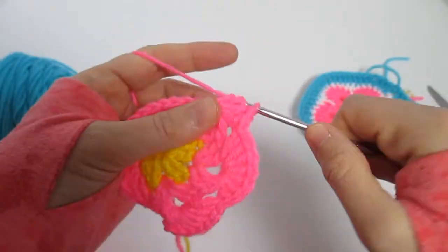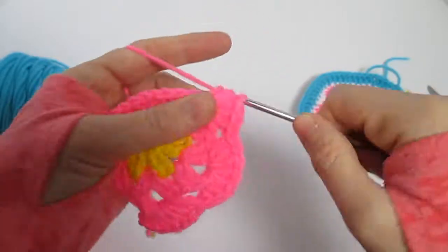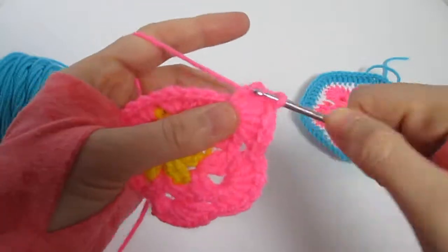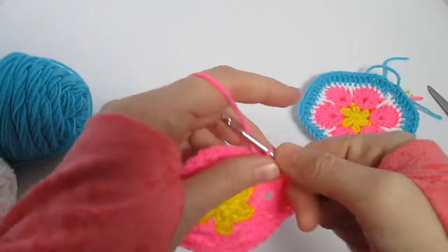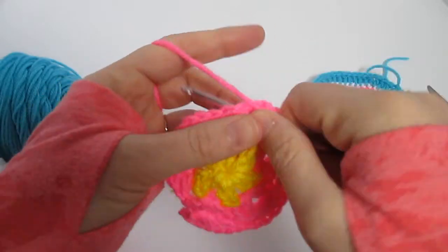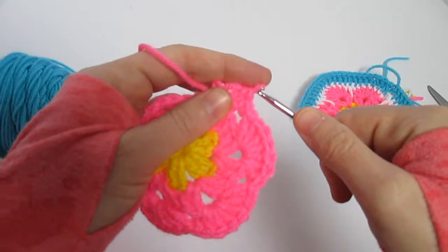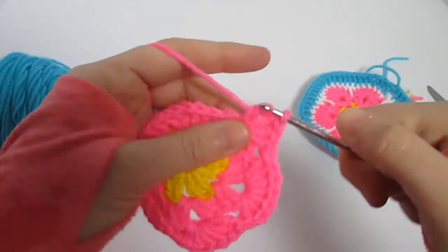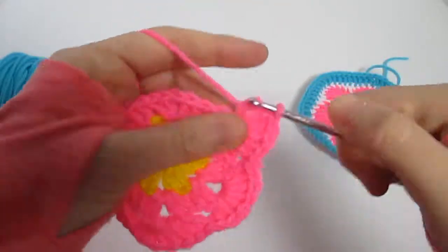2, 3, 4, 5, 6, 7. We got 3 done. 3 more to go. 1, 2. Oops, lost that one. 3, 4, 5, 6,